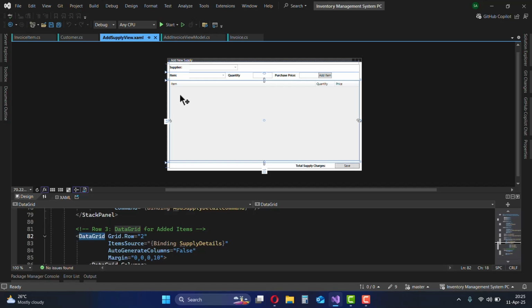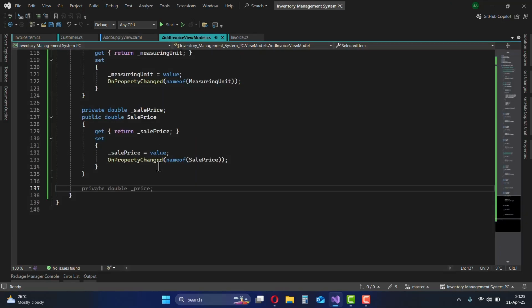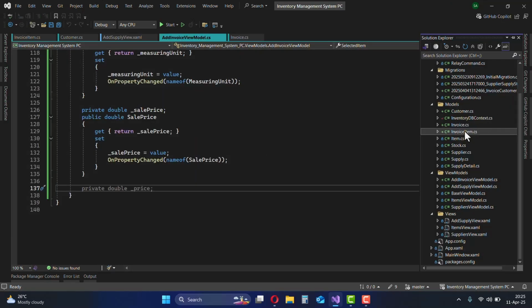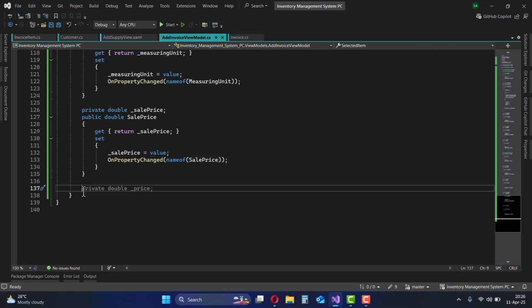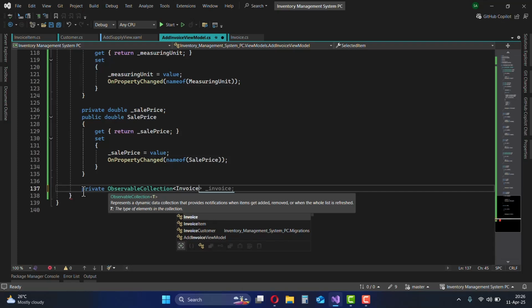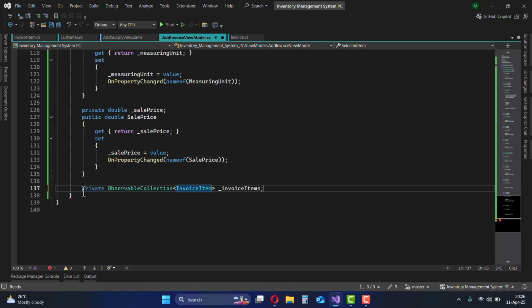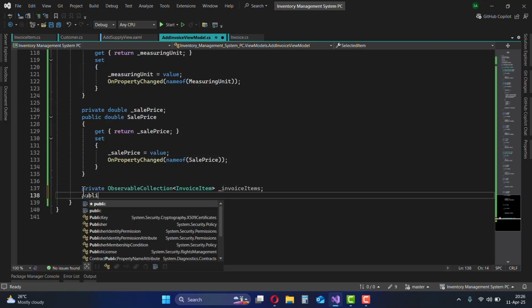and then we have the collection for invoice items or invoice details. So we have InvoiceItem here. So private observable collection InvoiceItem, invoice items, public